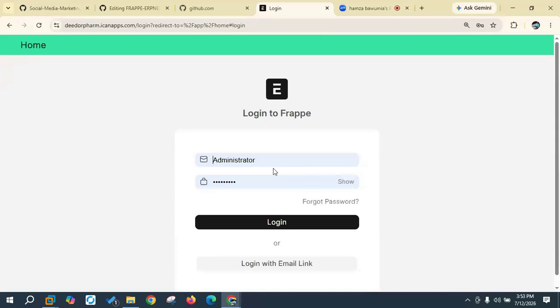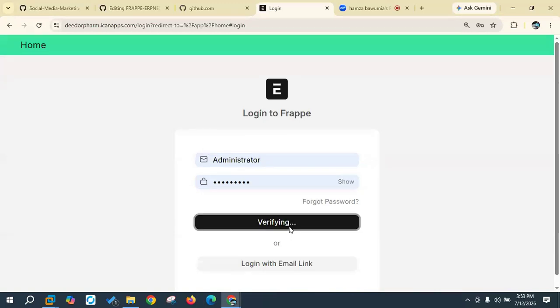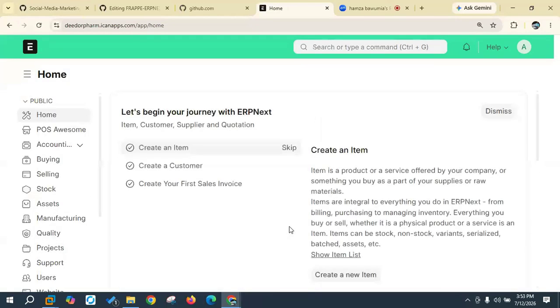So this is the interface for the pharmacy software. It's similar to the one you have at the hospital. Once you log in, you'll be brought to your workspace. I'm logged in as a super user, so I'm able to see all the different modules of the software, including